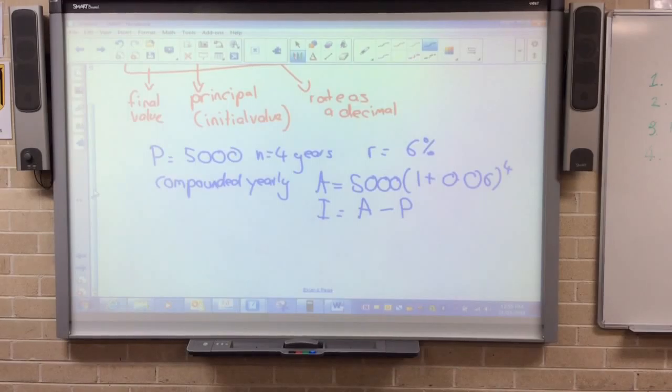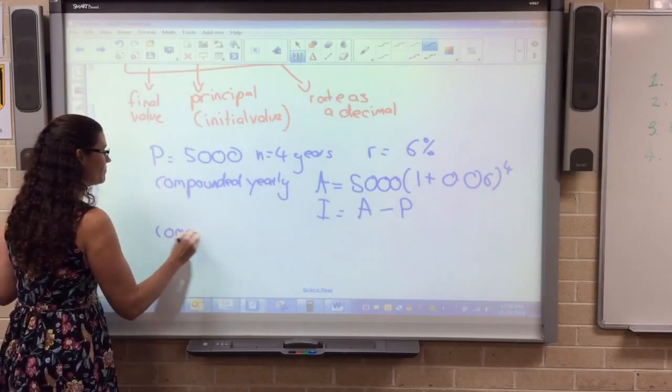Now, if the question said, for example, instead of compounding yearly, it's going to compound every month, then I need to change my R and N to reflect that. So, if I said compounding monthly,